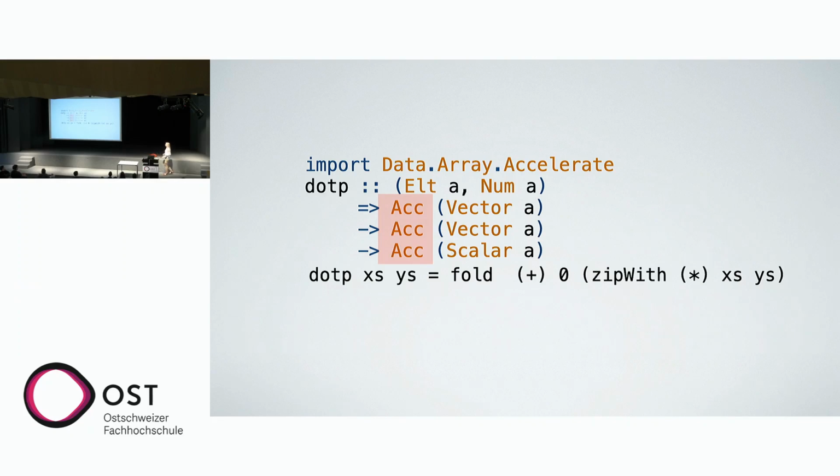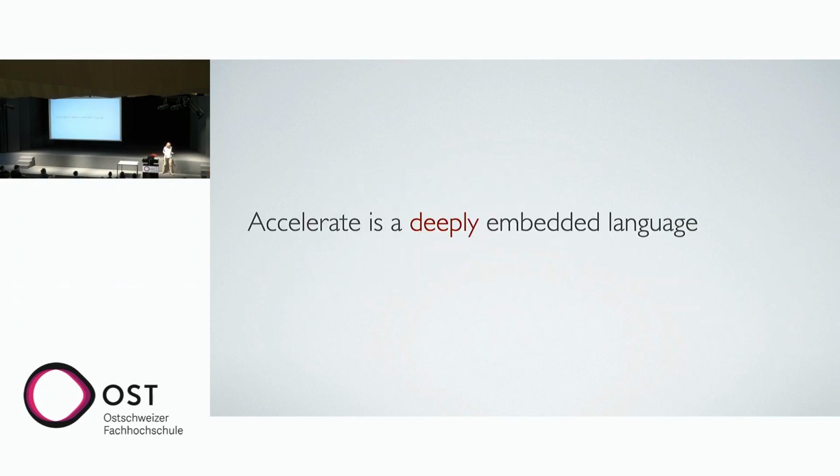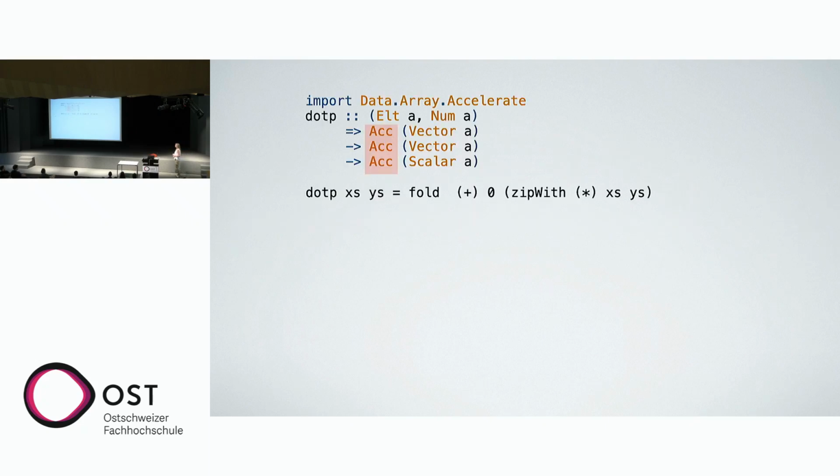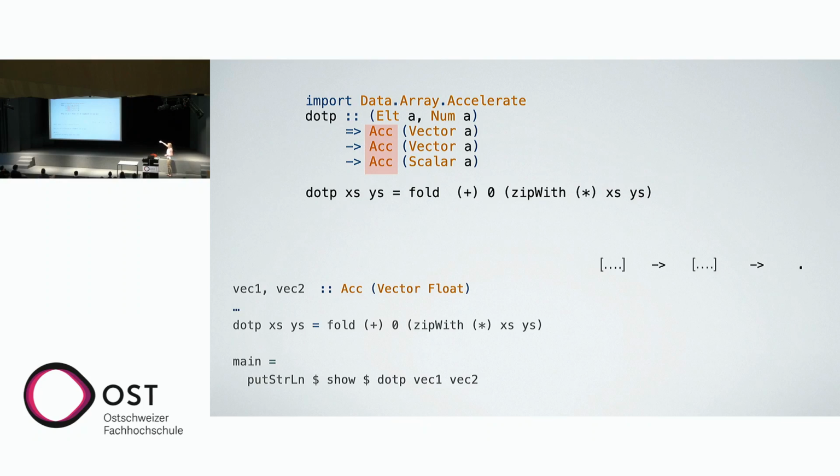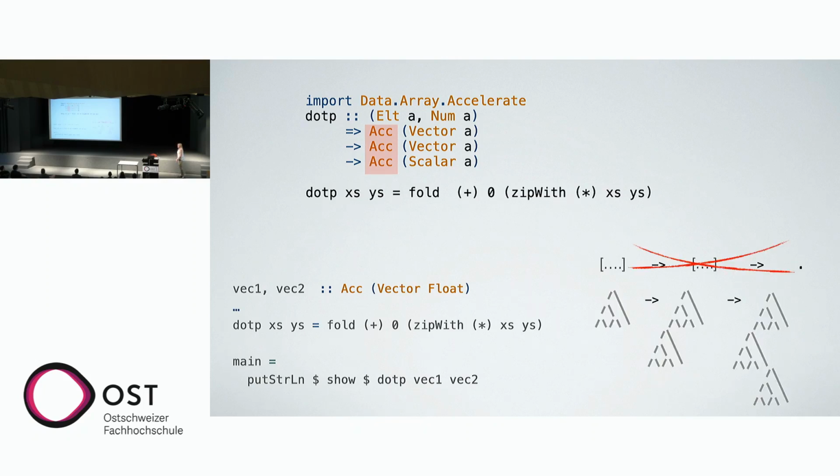Now, one thing you might have wondered about, which I completely ignored, is the type. So what is this stupid Acc type constructor here? What does that mean? I said Accelerate is an embedded language. To be more precise, Accelerate is a deeply embedded language. That means that while this dot product looks like it takes 2 arrays and produces a new array, what it actually does is it takes 2 abstract syntax trees which express computations which, once evaluated, produce an array, and combines that to a new abstract syntax tree. So deeply embedded means that it's not just a simple library call, but we construct the abstract syntax tree, and then our implementation of Accelerate